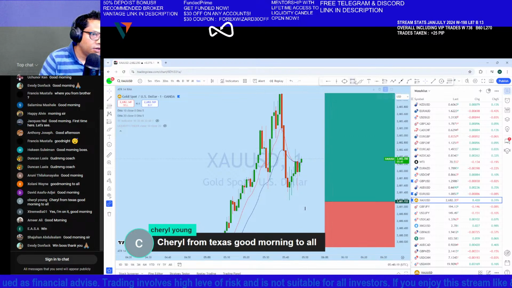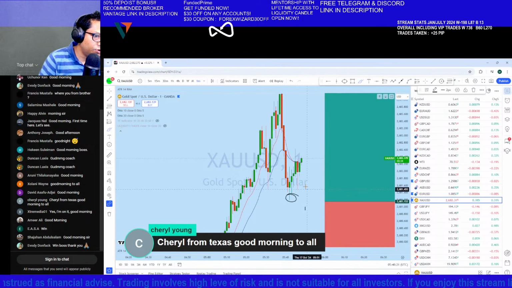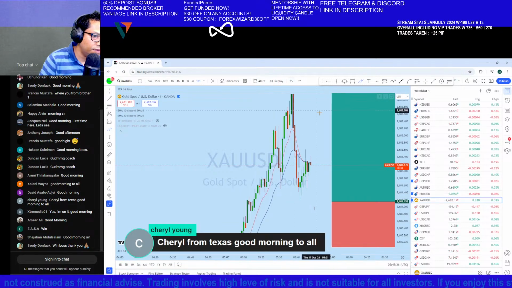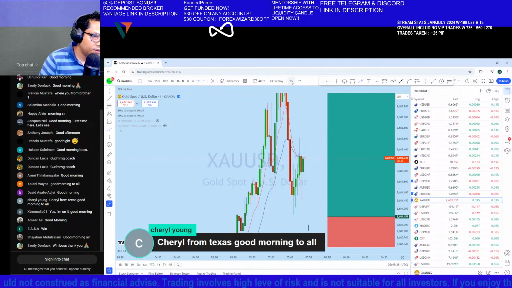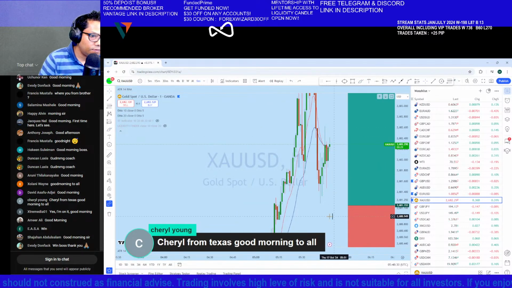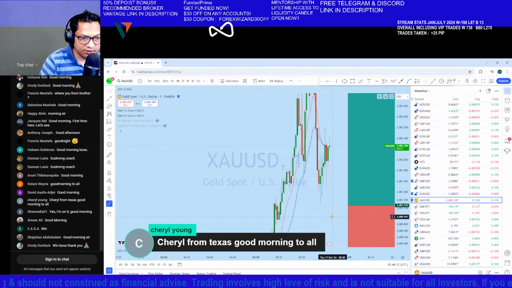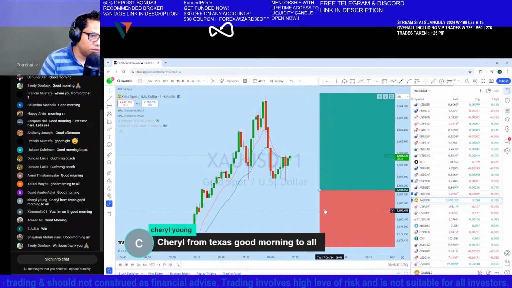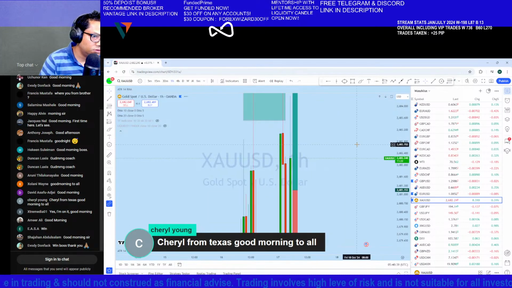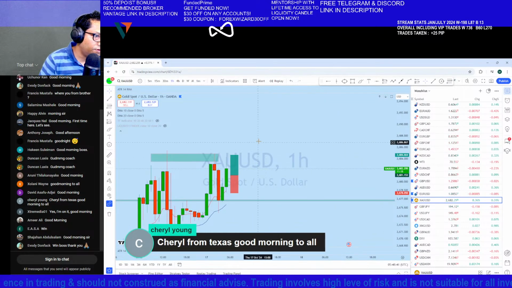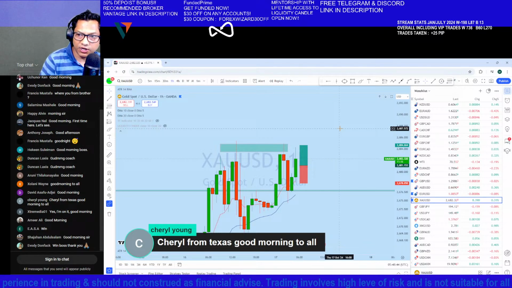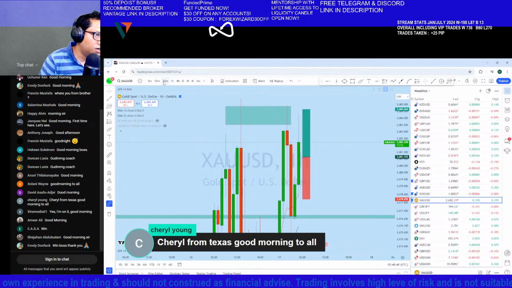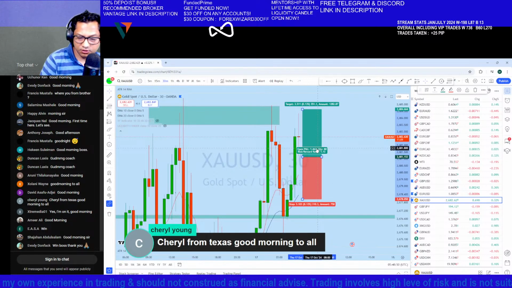Okay, so here after grabbing multiple liquidity, the market is now bouncing back to the upside. We might see that potentially the price is heading or breaking below based on the price action confirmation. But I think that the major trend is up, so you might see that continuation pattern. We are out of the trade with